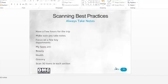So when you can't scan that well in a store, don't get frustrated. Just write down products that you think might actually work out and save them to look at when you go home. So again, always take notes. Make sure you spend at least a couple hours on a trip. Now, one last thing that I didn't put in here, but I want you all to know: